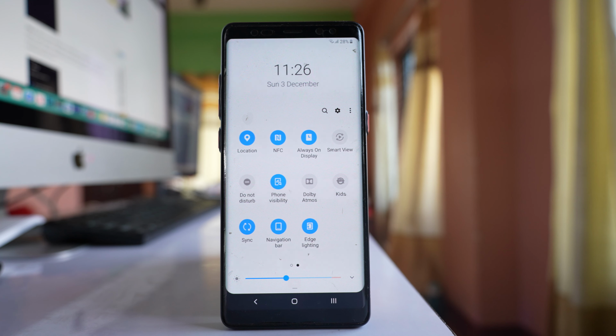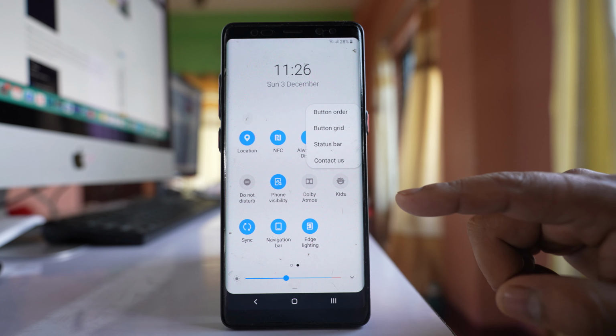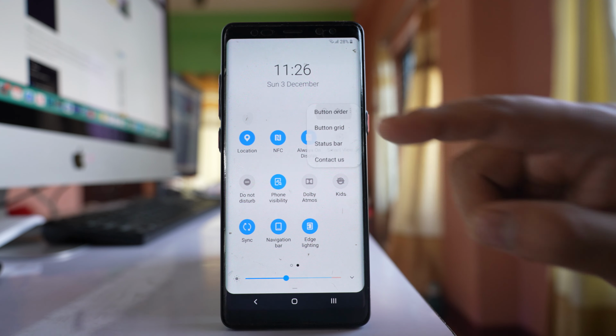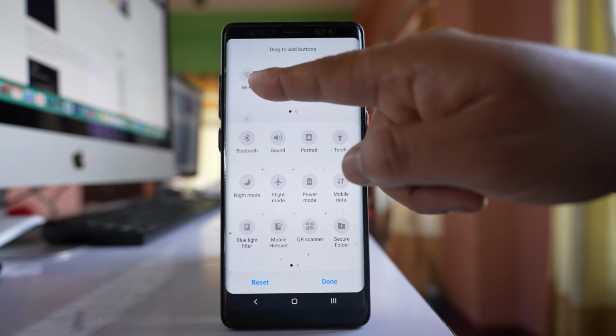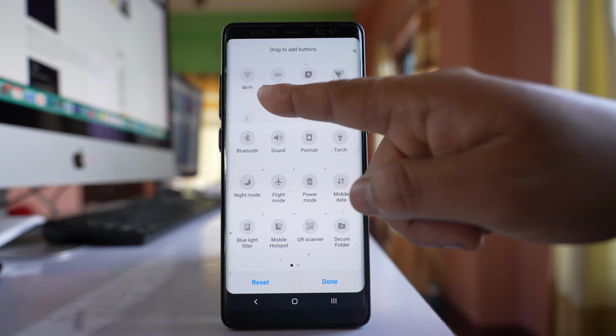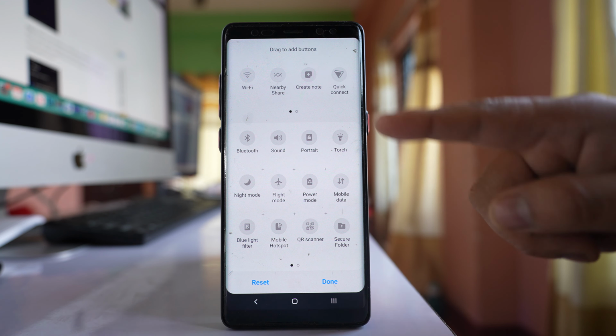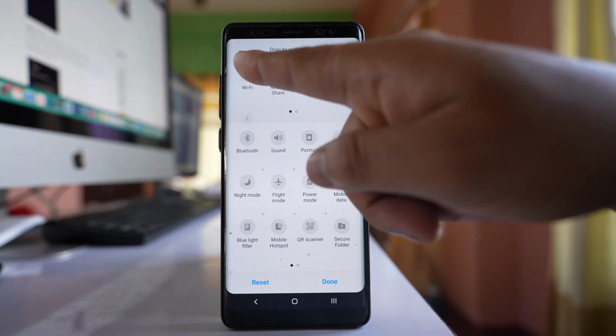icon anywhere here. So if I have to bring it back, then what I will do is tap on these three dotted icons here, go to this option button order, and you can see there is a Wi-Fi icon here at the top. So what I need to do is tap and hold, and drag this Wi-Fi icon from here to this area. So let me do it